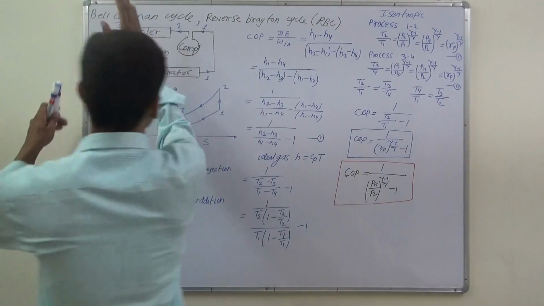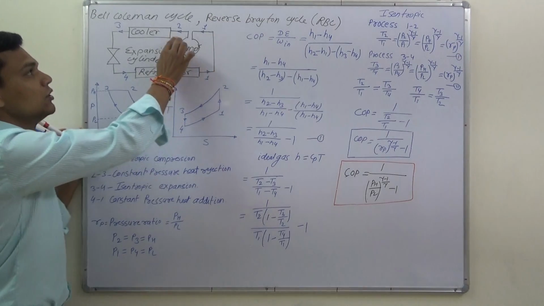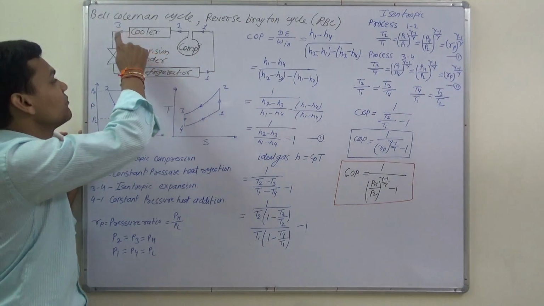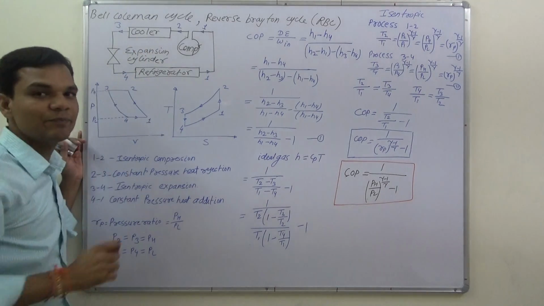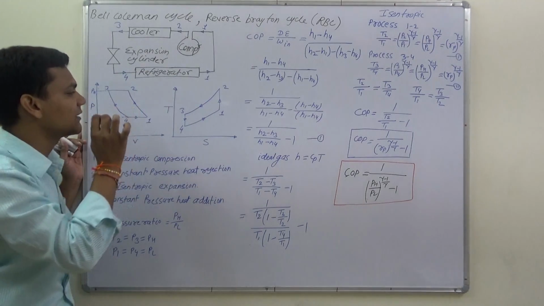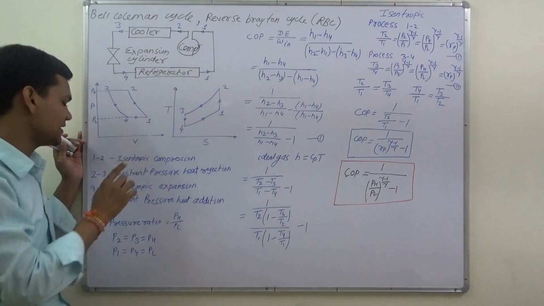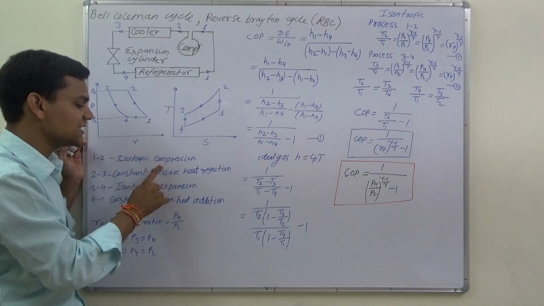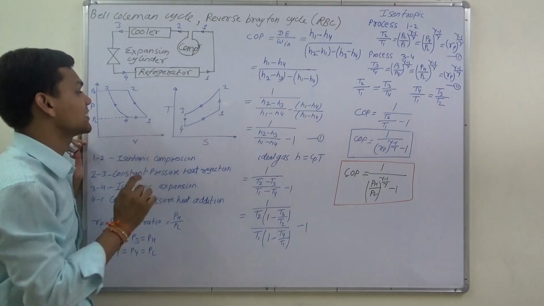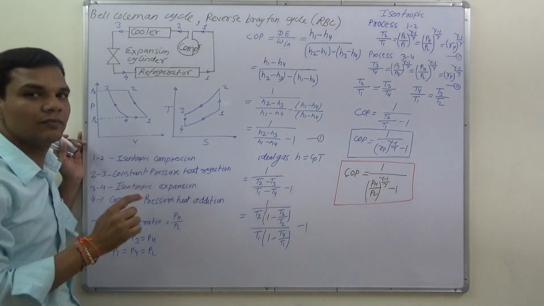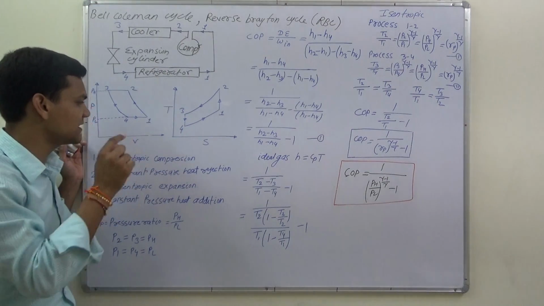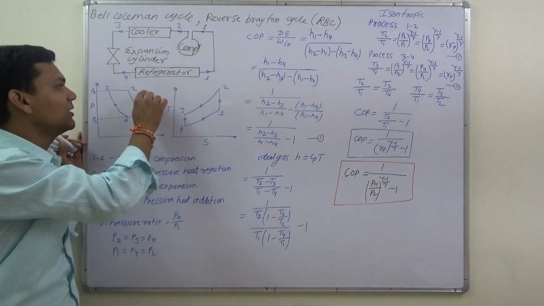Here I draw the components. First, 1 to 2 is the compressor, 2 to 3 is the cooler, which is a type of heat exchanger, 3 to 4 is the expansion cylinder, in which we use an isentropic process, and 4 to 1 is the refrigerator. These are the various devices. 1 to 2 is isentropic compression, which takes place in the compressor, where pressure increases from lower pressure to higher pressure, or from P1 to P2.